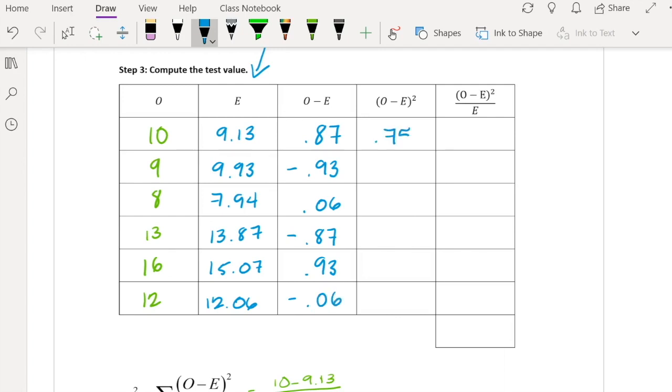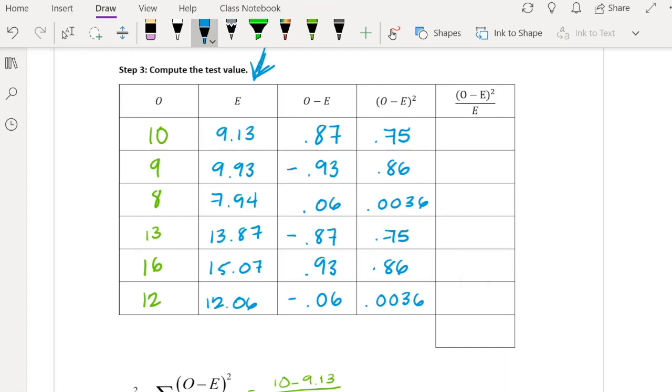So 0.75, 0.86, 0.0036, 0.75, 0.86, 0.0036. So for the next column, what I need to do is divide the previous column by